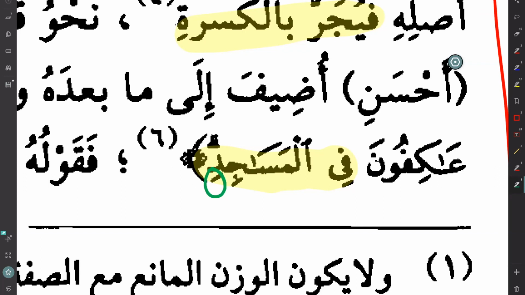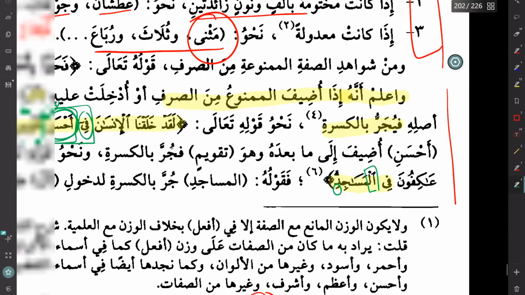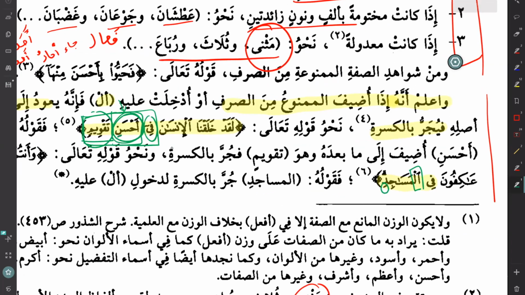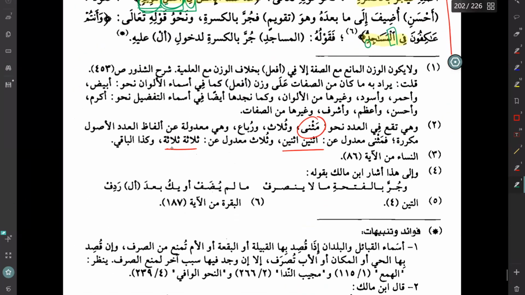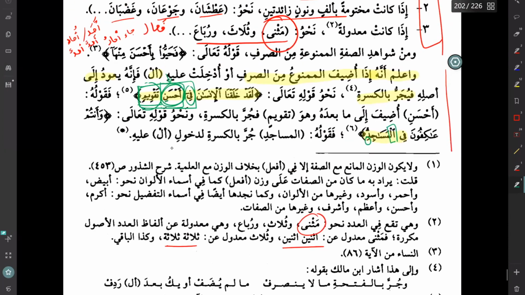Yes, because it is prefixed by alif lam. You get it? This much you have to know. As long as you understand this, you're fine, but I'll just explain something. Why does it happen? Why is that the case?